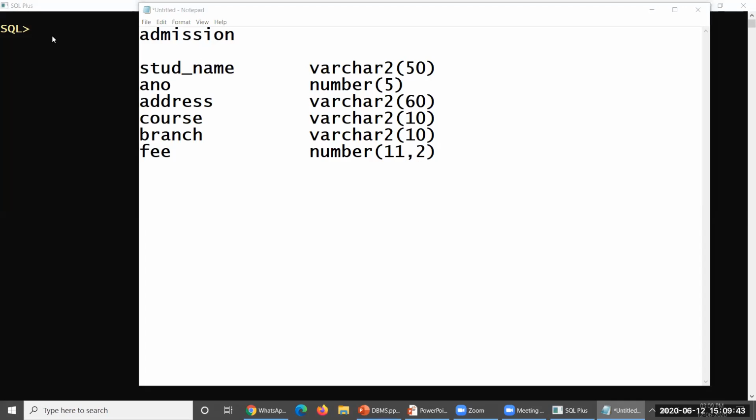Let us have a look at this in SQL. Create table, the table name is admission, open parenthesis. The first one is admission number, ADM underscore NO, number of 5. Then STUD name, student name, varchar2 of 20 or 50, however many characters you are interested in.